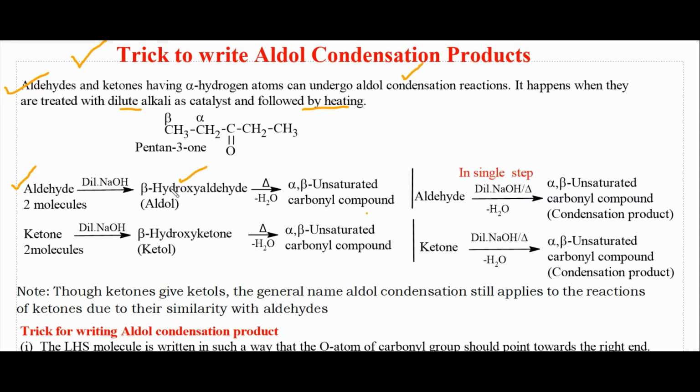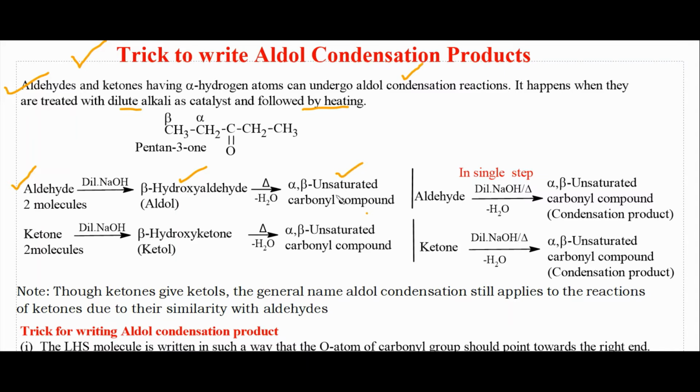In this compound, you see, the hydroxy group, the alcoholic group, is there, and the aldehyde group is there. So it is known as aldol, aldehyde plus alcohol. When it is heated, it eliminates one water molecule to form an alpha beta unsaturated carbonyl compound, which is the condensation